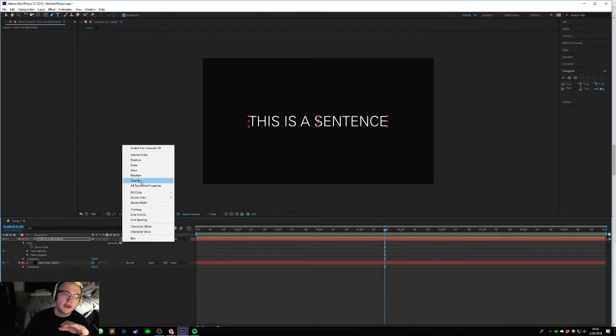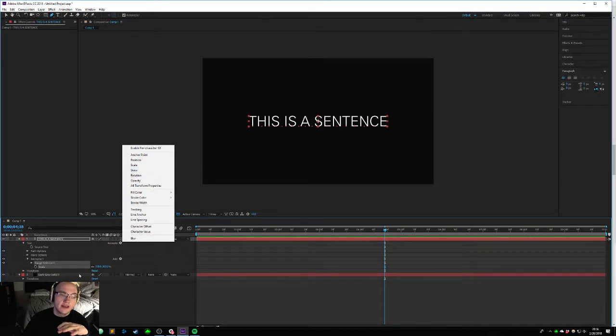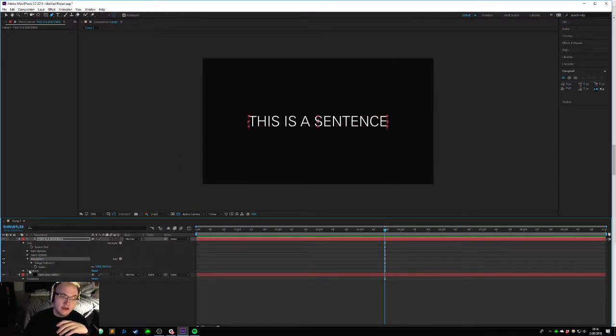And so let's just pick a really easy one to start with, and let's just do scale. So what you'll see is when I clicked that and I clicked scale, it added this animator down here. It added something called a range selector, and it added a scale property. So the first thing that I would recommend that we do almost always is rename these animators, because eventually you'll end up with an animator 1, animator 2, and animator 3, and you have no idea what's going on. So we're going to call this scale animator,